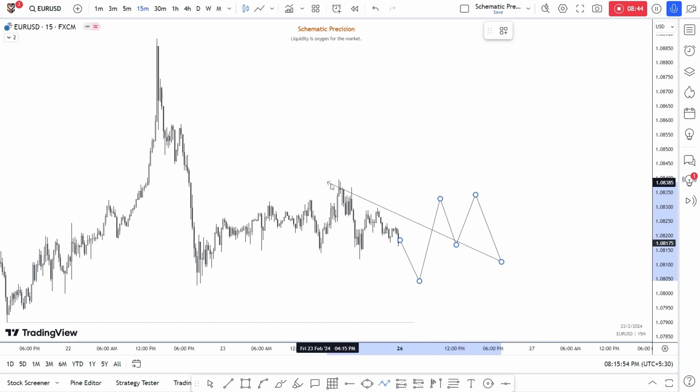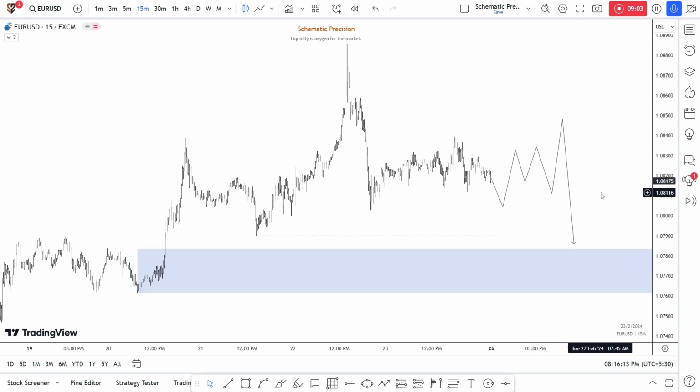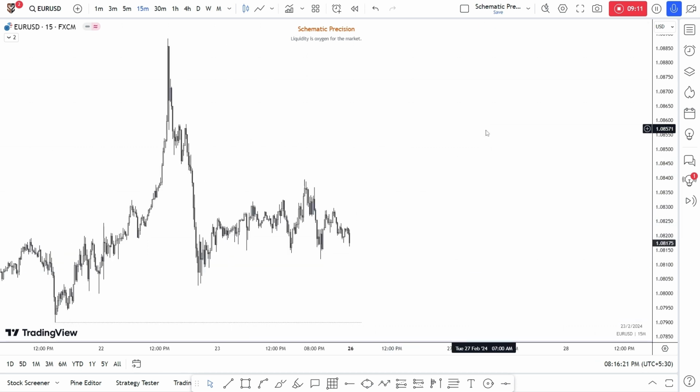And after this build up of liquidity on the buy side, the market can push higher, maybe on Monday, late London session, or before the New York, pre-New York. Price can push higher to take all this liquidity, then purge down to take the inducement before moving higher again in the main direction. So this is what I'm looking forward to on EURUSD.